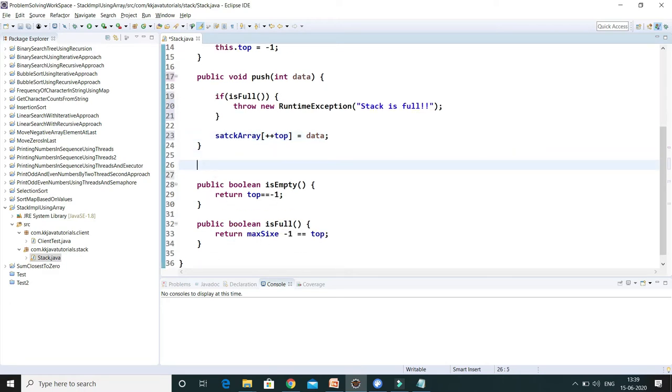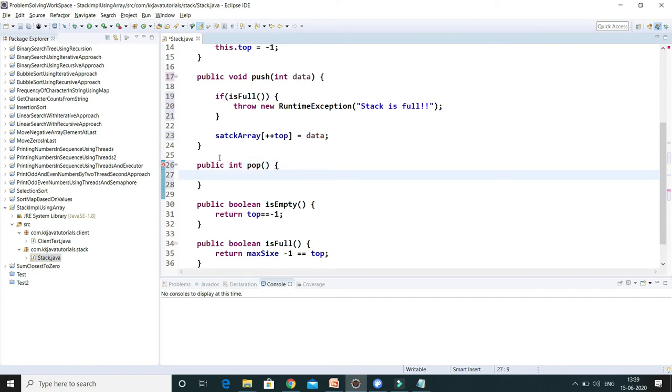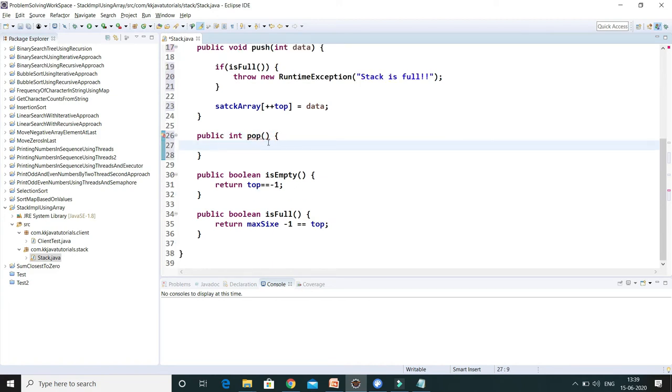Now let's see how we can implement a pop. So public, and pop returns the topmost item, right? At the same time it will remove the item from the top as well. That does two things. So before popping an item from the stack, we have to check whether the stack is empty or not.